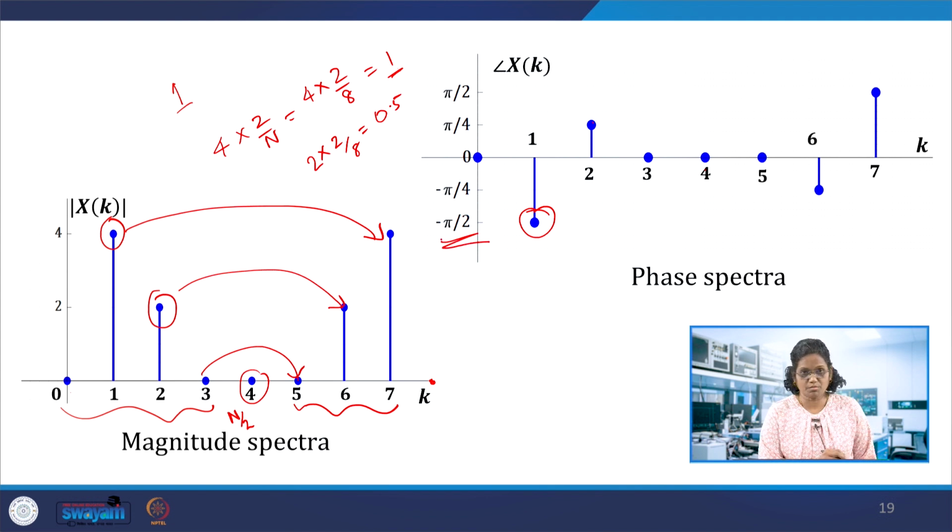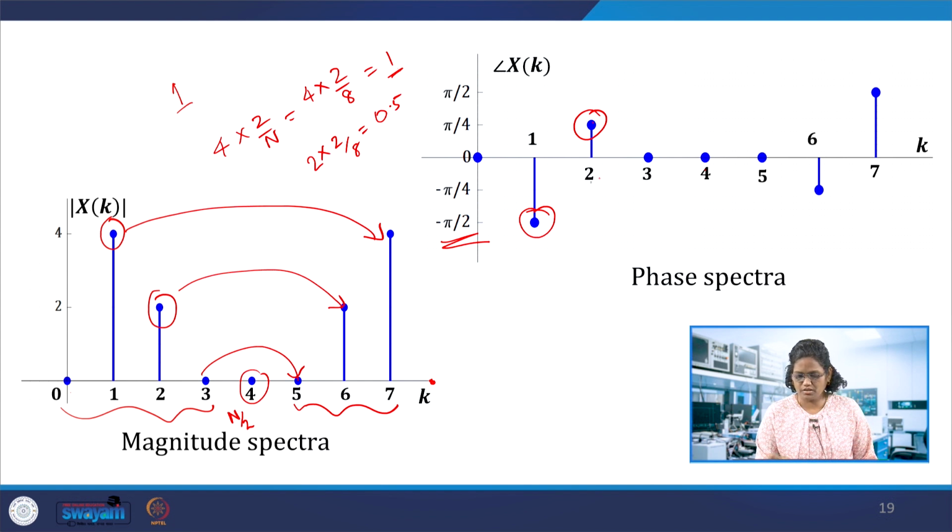In the second expression, I said it was for understanding. So the fundamental shows that there is a pi by 2 shift. With respect to the fundamental, it is minus pi by 2, and the second harmonic has 3 pi by 4 minus pi by 2, that is pi by 4 with respect to the fundamental, which gives 45 degrees. So that representation is the phase information we get from this.